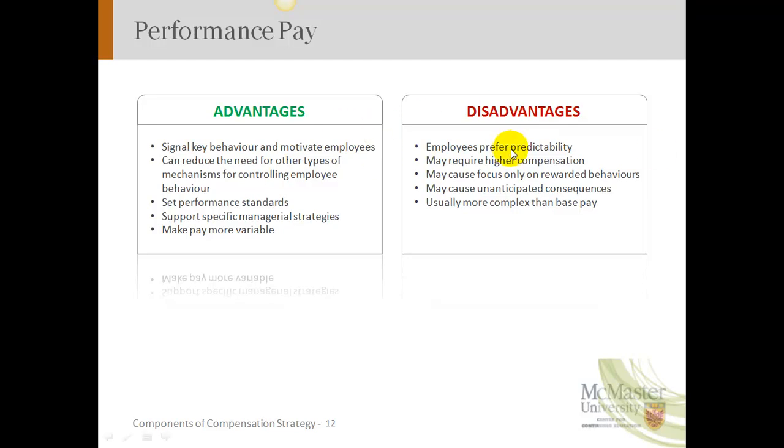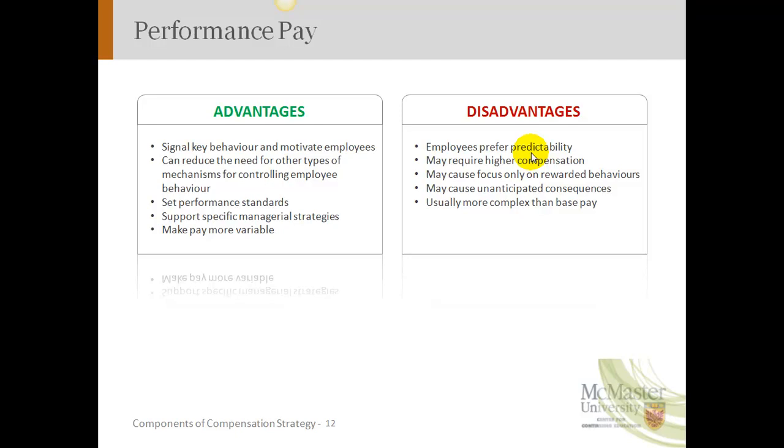But where you've got salespeople, this might not be an issue. All right. But where you have employees that prefer some level of predictability in pay, a performance pay system could be a disadvantage. You remember when we talked about base pay earlier in the first video of this chapter, we said that there are some organizations that might give employees a choice. Might say, well, you can take 100% incentive or commission, or we might put you on a 20% base pay, or say $20,000 a year, and the rest is you earn on commission. So it might get around that level of unpredictability and some of those disadvantages around that, but maybe not.